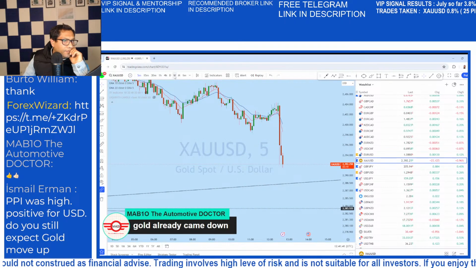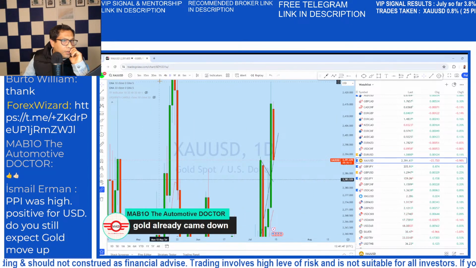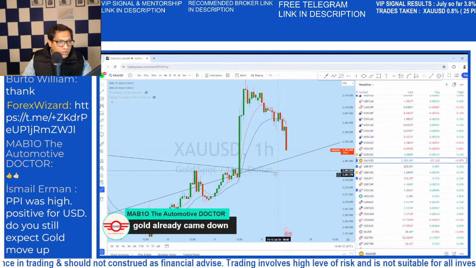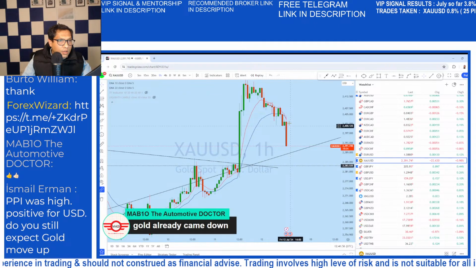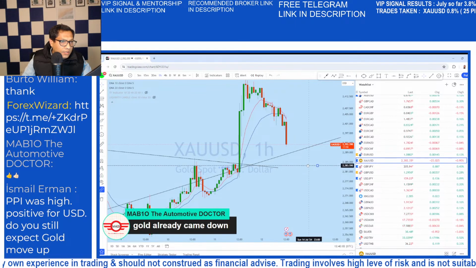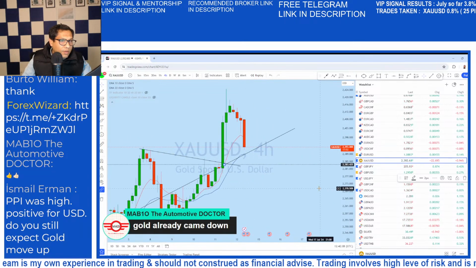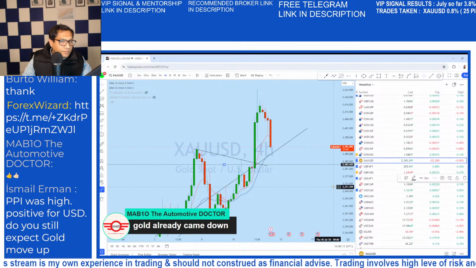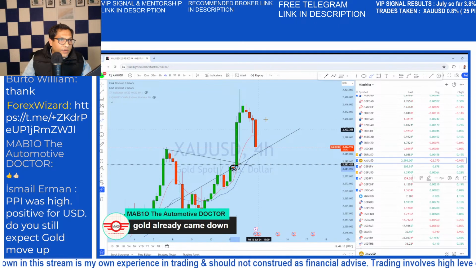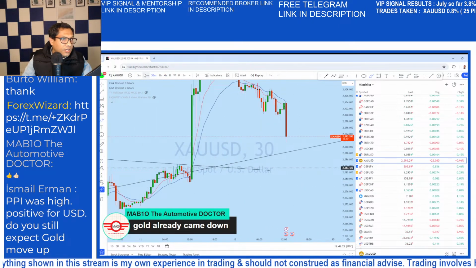Okay, gold after this drop, waiting for the price to break below this support, and I think that we might see the market dropping down to this liquidity. This is an order block. Because it started to drop, we might see it now testing this support, and then we could see a rejection. That's what I'm expecting, a rejection from the support level. You see there is a narrow doji here. This doji is quite significant because it shows there is liquidity, and it's a huge liquidity candle.